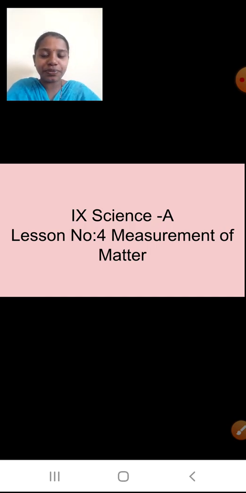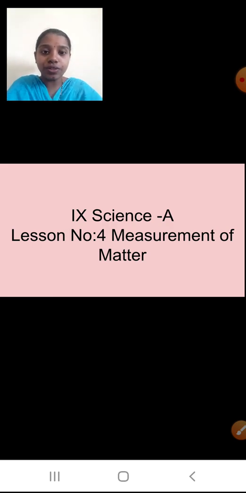Measurement of matter. Now we started with the lesson. If you remember, I'll just do a quick recap. We studied about water compounds. Next we studied Dalton's theory. Then we saw the law of conservation of matter and the law of constant proportion. We saw Dalton's atomic theory, right? Now we are going to continue with this lesson, and now we are going to see about the atoms.